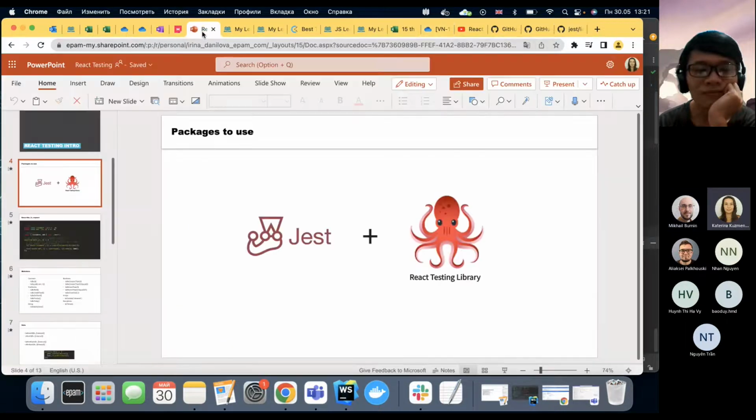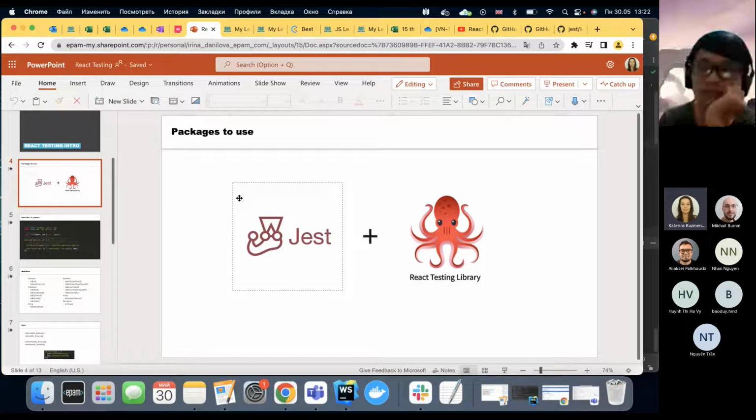Yes. Okay. So let's get back to our React. What can we tell about the tests in React? As you understand, usually we have the combination of Jest and React Testing Library in our application. Jest is a JavaScript test runner